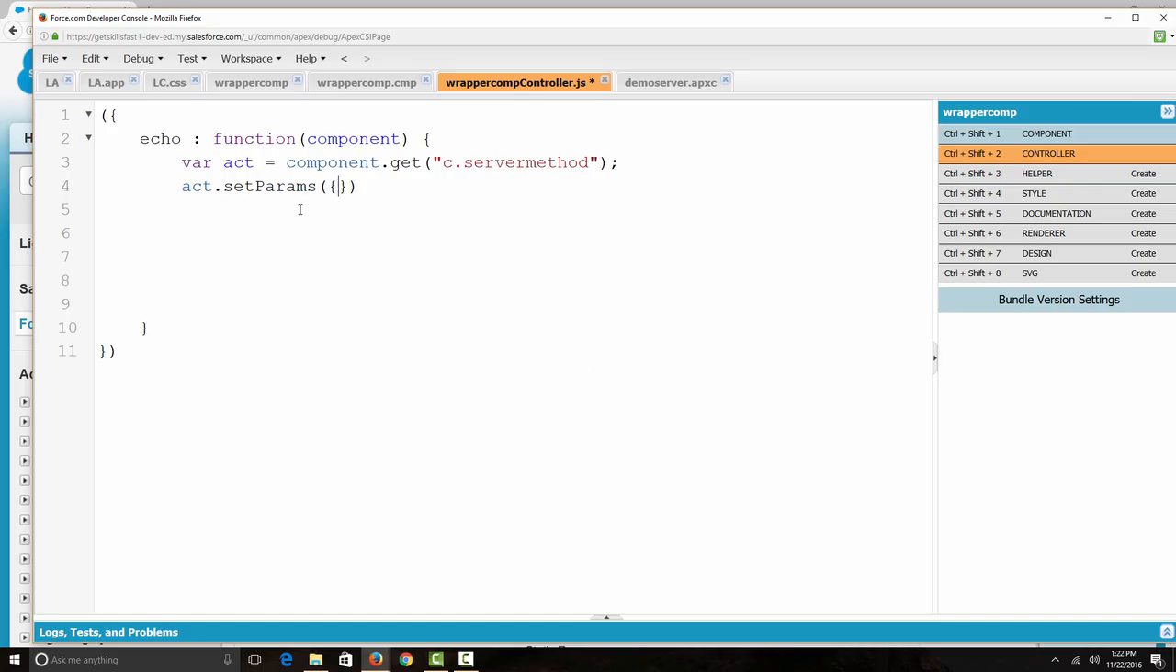Okay. So fname colon component dot get v dot fname. Okay. So we have got the v dot fname from here, from the component, and passed that to fname. So we are setting this param to this so that this can go here. Okay. And we will simply close our statement here. So here we have set the params. Now